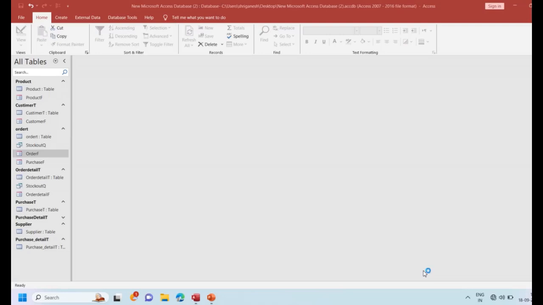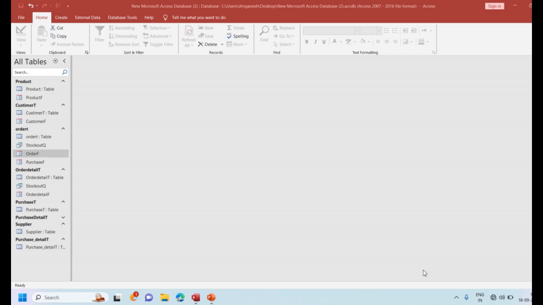Welcome back. In the previous video we learned to calculate the stock sold out of the business, for which we created three tables. The first table we created is the order table. The order table helps us keep the records of what orders are given to us in the business, so that for that order we sell the stock.